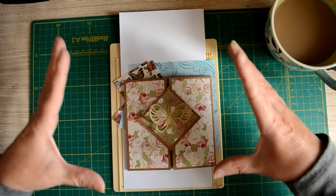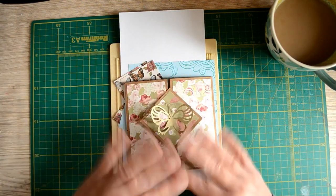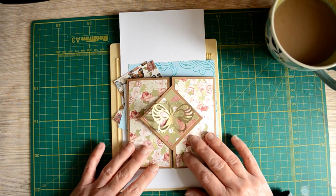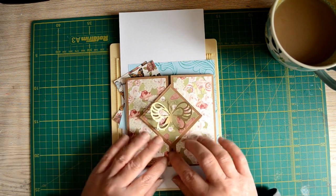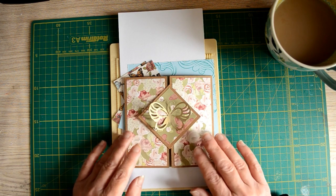On her, she did a bigger card, and she had this centerpiece square, and you know, just a little bit different. And I just thought I'd make mine a little bit smaller and do a diamond fold here in the middle. And basically, it's a gatefold card. This bit here is a gatefold card, and for this one, I used two